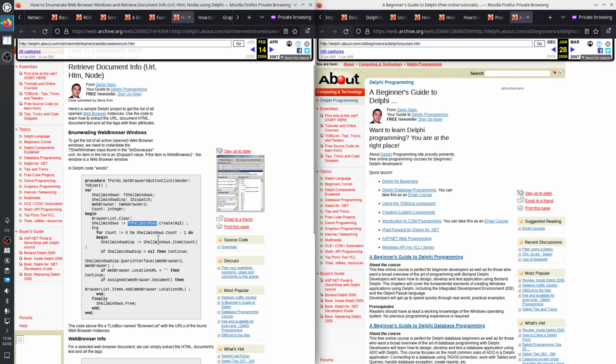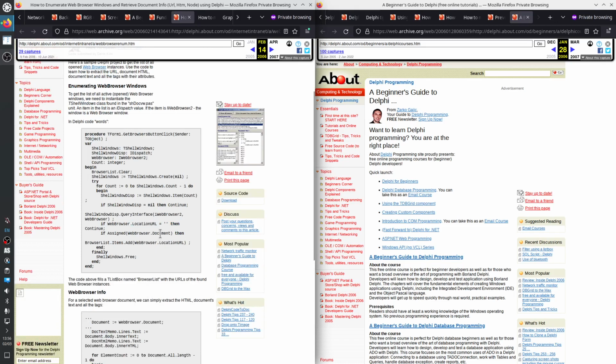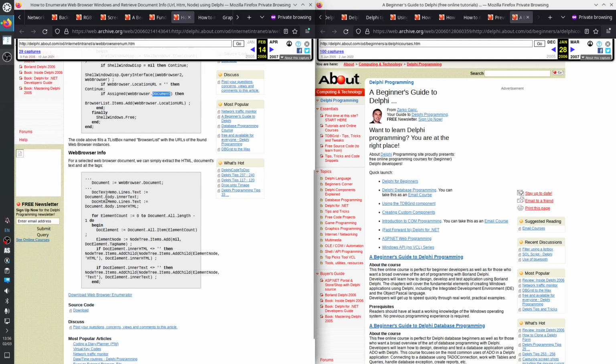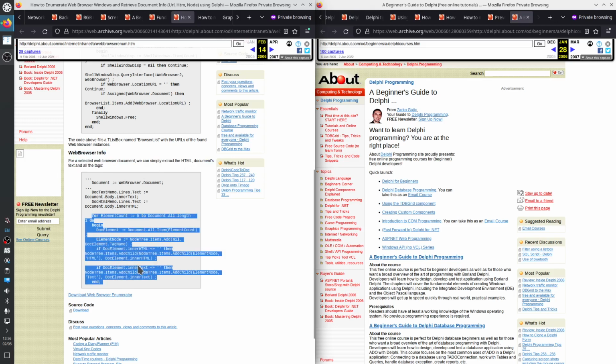Okay, T-shell Windows, iDispatch, count, iWeb browser 2, yes. Location URL, document. For a selected web browser document, we can extract the HTML using the DOM, which is exposed as COM interfaces,